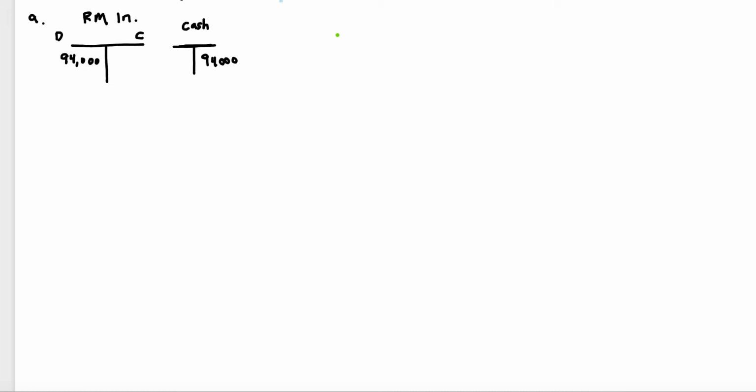Of that $89,000, $78,000 is for direct materials, and you should remember that direct materials flow to the WIP inventory account. I'm just going to abbreviate it with WIP. The indirect materials flow to